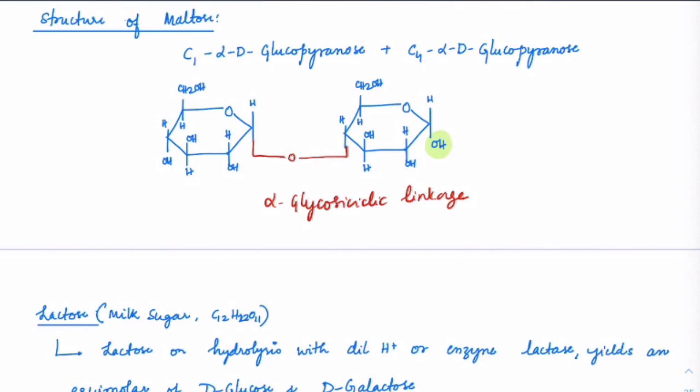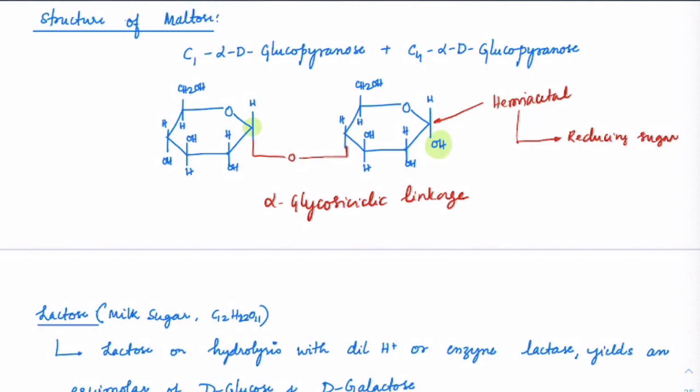If you check out this side, it is acetal formation because this carbon has become OR. Check carefully: with respect to this carbon, there is O, and this entire thing is R. This side also has O, and this is all R. So with respect to this carbon it is acetal. But what about this carbon? This carbon is still open, no? This carbon has OH and OR, which means it is still hemiacetal only. So can it be a reducing sugar or a non-reducing sugar? It is a reducing sugar.